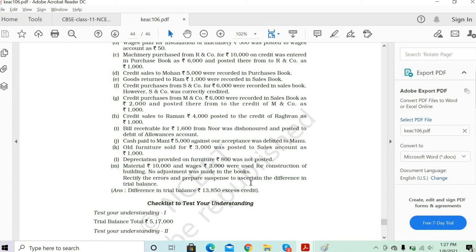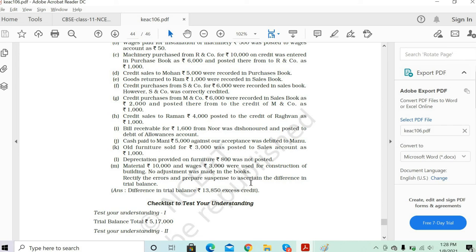But the sales account is also not getting credited, right? Yeah, the sales account is not getting credited. Correct. Sales account, because both are credit sales only, no? Both are credit sales only. But one is for 1,000 and one is for 4,000. Correct. So ideally the 4,000 you give.